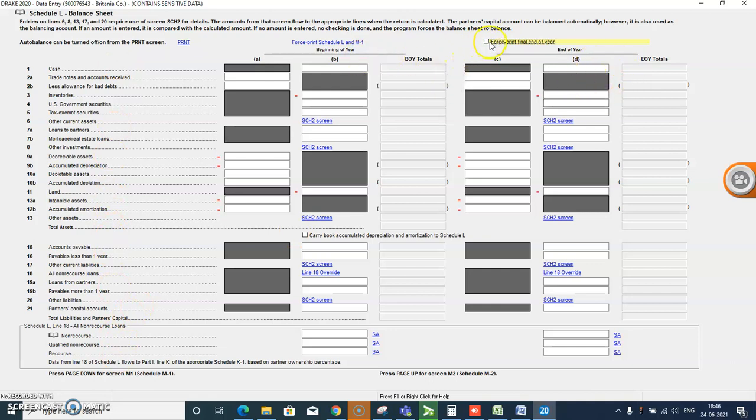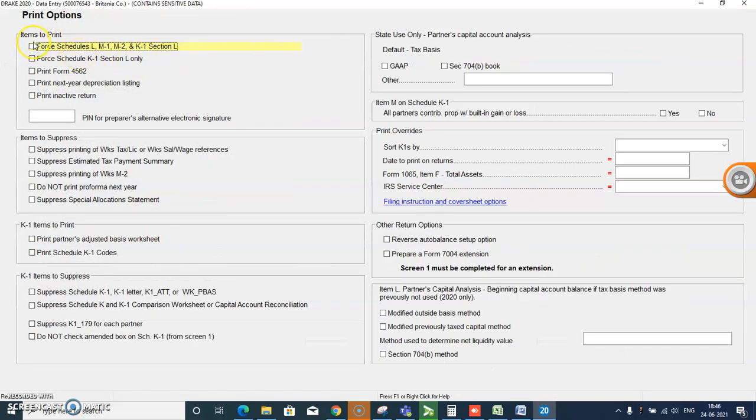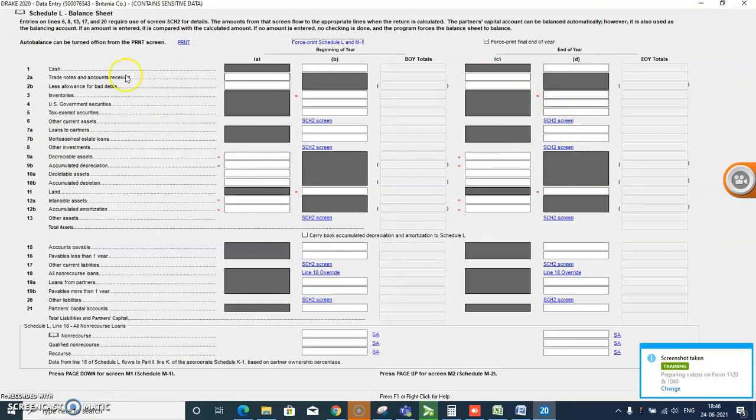Now we have to enter the figures. Cash is $20,000. Accounts receivable is $10,000.